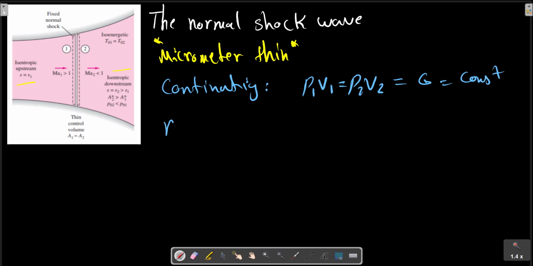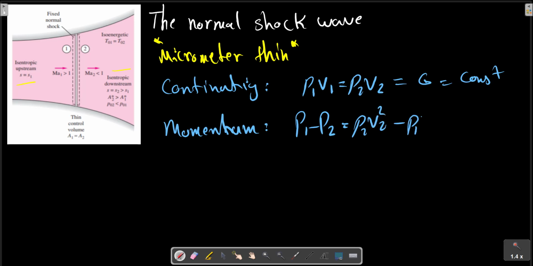The momentum equation is P1 minus P2 equals rho 2 V2 squared minus rho 1 V1 squared,